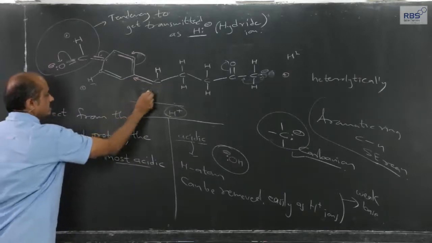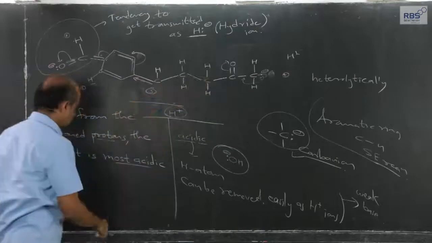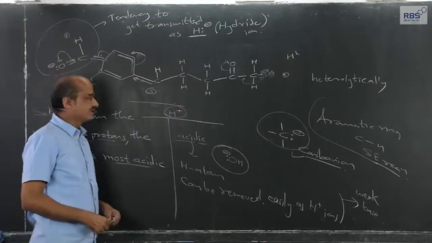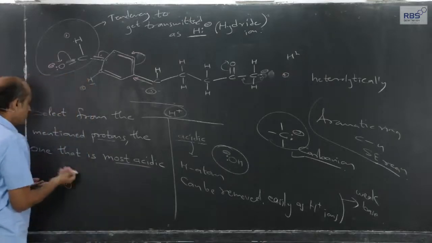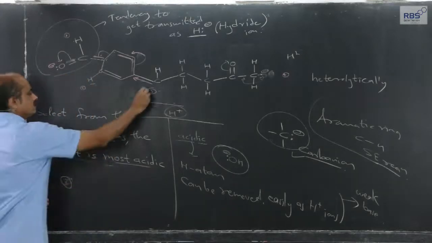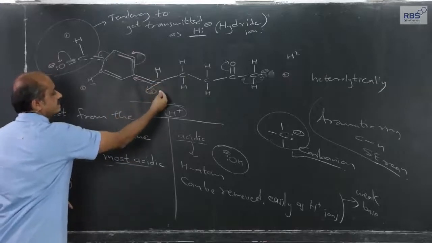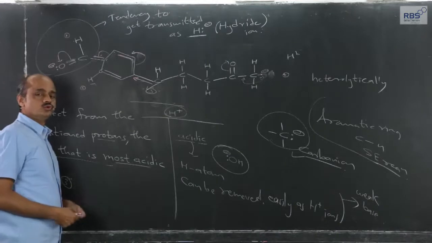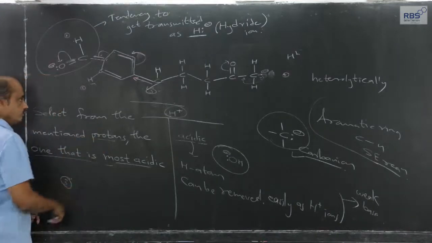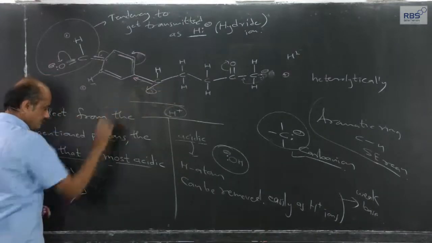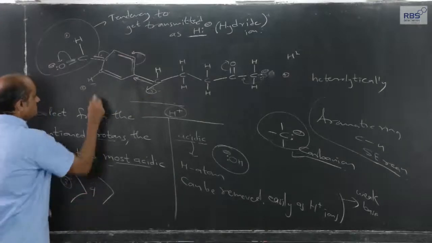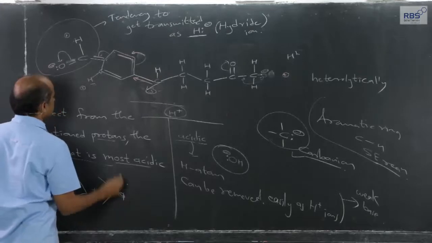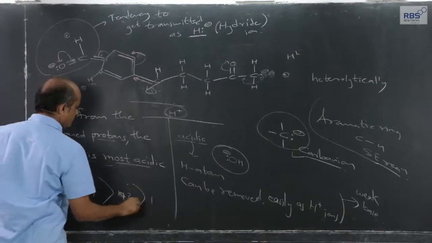So the third, it was the third CH bond, and that one was the fourth. The third one will be more acidic. If the question under consideration is which one is more acidic, this is the answer. The CH bond present here can be this or this. If we had to choose the order, then it would be third, then fourth, then this, meaning the second one, and then the first.